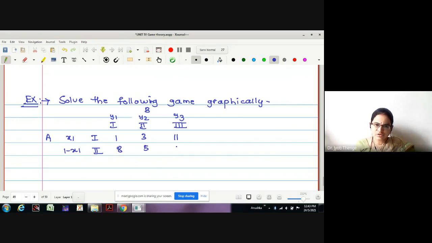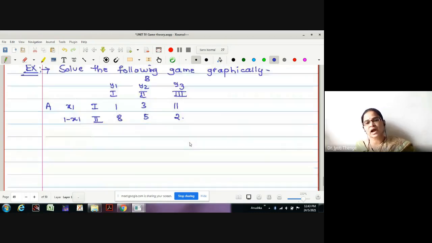First of all, we have to check whether the game has a saddle point or not. Because if the game has a saddle point, nothing to discuss about. Because if the game is with a saddle point, it will give us pure strategies, no need for going to these probabilities and all. But as it was asked us to solve it graphically, it means the game should not have a saddle point. One can check. Tell me whether the game has a saddle point or not.